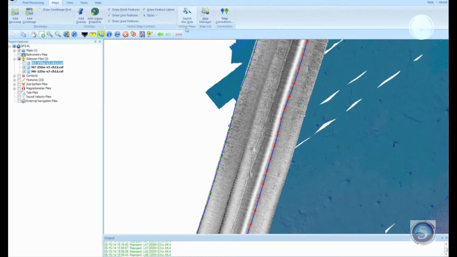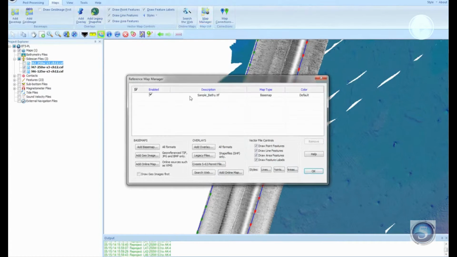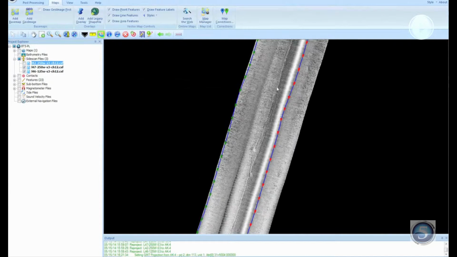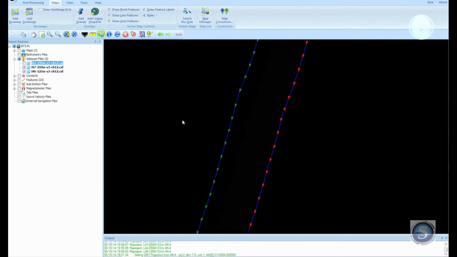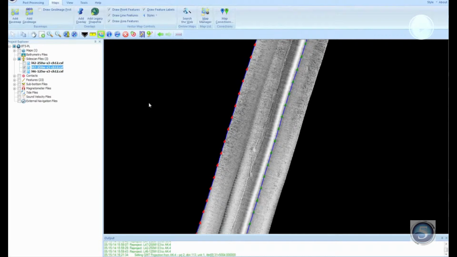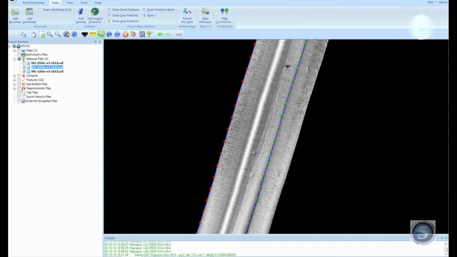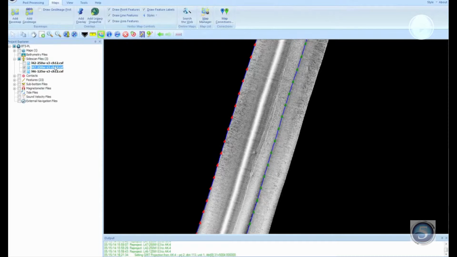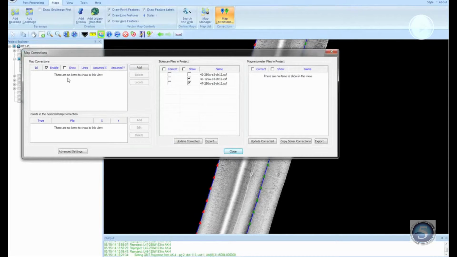If you have, say, a couple of lines, and say we didn't have, this is a multi-beam backdrop here, but say we didn't have that luxury, it was gone. And all we had were these three lines, side scan data, and we were trying to figure out where to position this pipeline for charting. See, nothing back underneath it. But if you had a few of these, figure, okay, so there's a couple different places it could be, here or there. One of the things you can do is go into the map corrections here, and I'm going to